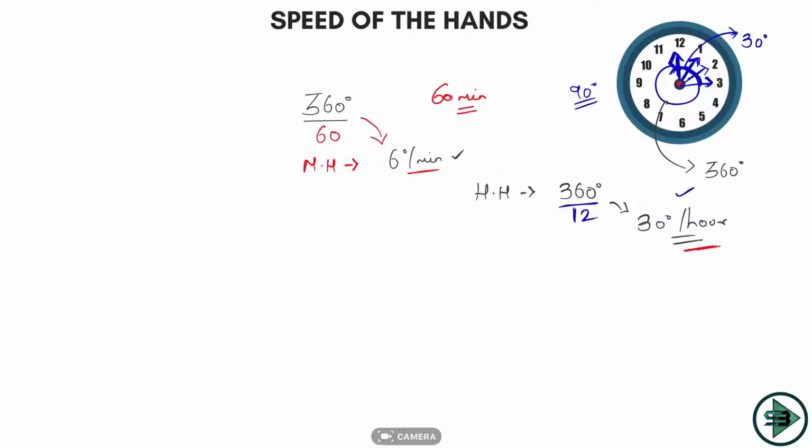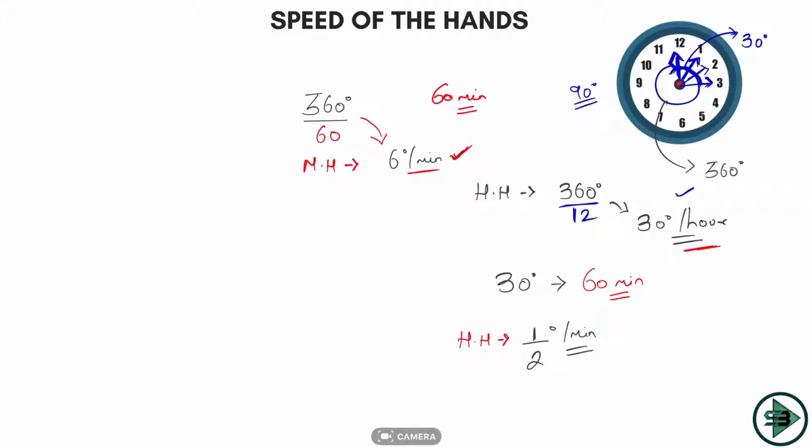So between 2 hours there is a 30 degree. So now I know the speed of the minute hand is 6 degrees per minute. The speed of the hour hand is 30 degrees per hour. So it goes 30 degrees in 60 minutes, right? That is what is being said here. So how many degrees does it go in 1 minute, which is quite clear, half a degree per minute. And that is the speed of your hour hand. So the speed of the hour hand is nothing but half a degree per minute.